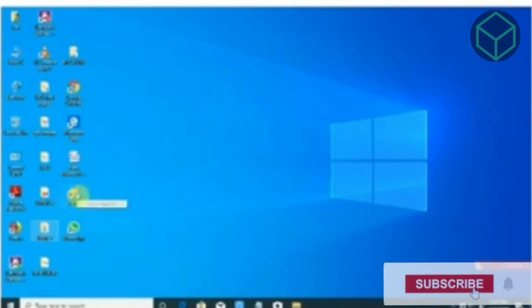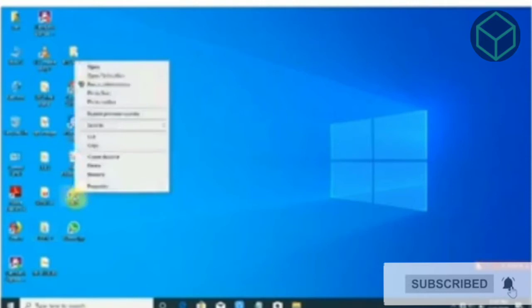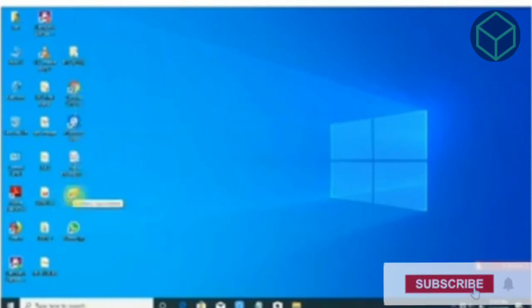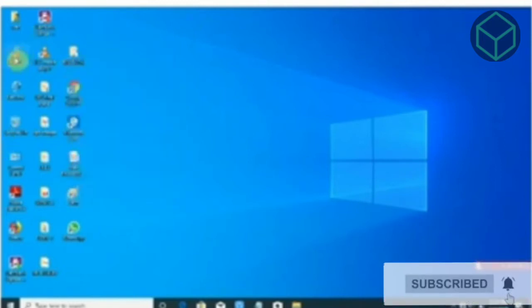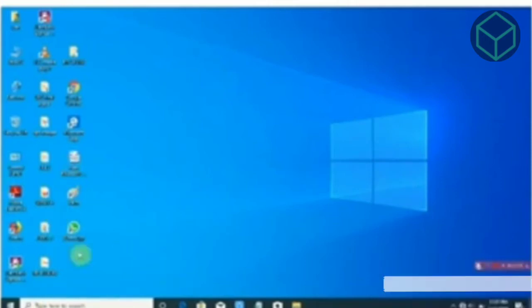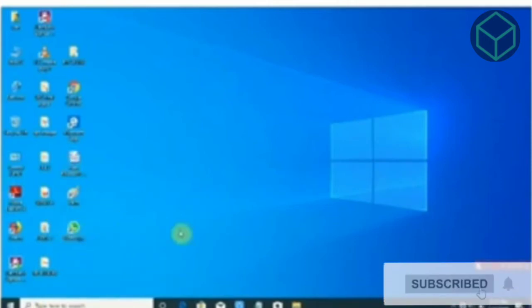Suppose I don't know where my paint software is located, somewhere in my computer. It's very difficult to find it. So first I'll find where my file is located, then I'll create the shortcut of my file on the desktop screen. It will help me to find it easily.